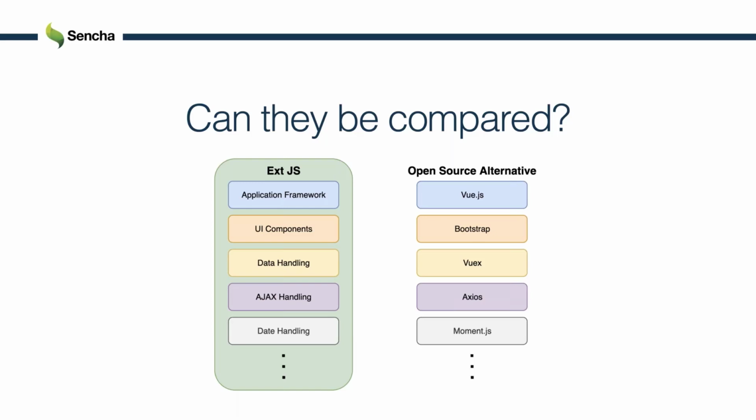To demonstrate how they can be compared: when people try to compare JavaScript frameworks, they compare XJS with these three libraries, but it's not really an apples-to-apples comparison. For example, if you selected Vue as your open source application library, you then need to pick a UI framework, something like Bootstrap, and then you need to handle data properly, so we might choose Vuex. Then we need to handle AJAX calls to the server, so we bring in Axios, and then you might need to do some data manipulation, so you bring in Moment.js. This continues to meet all the requirements in your application, and now you've got dozens of packages